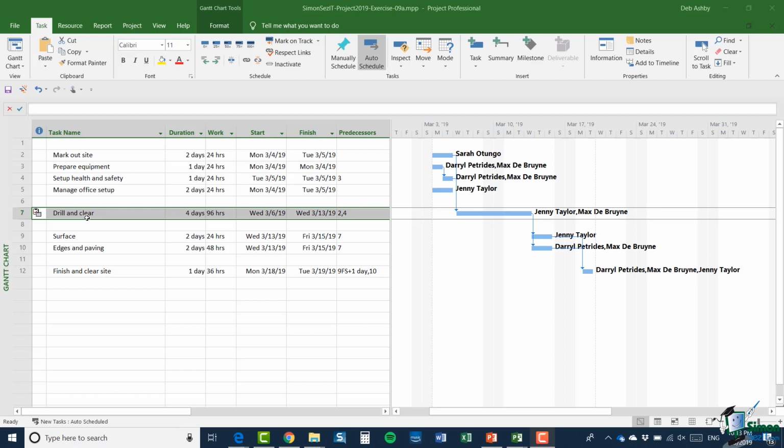Now, we're going to resolve that on the basis of the very good news that we've been given permission to work over the weekend. So this is the weekend which is spanned by that drill and clear task. We can work those same restricted hours, 9 till 1 and again from 2 till 6, on both Saturday and Sunday. So what you need to do is to change the working time so that working on that Saturday and